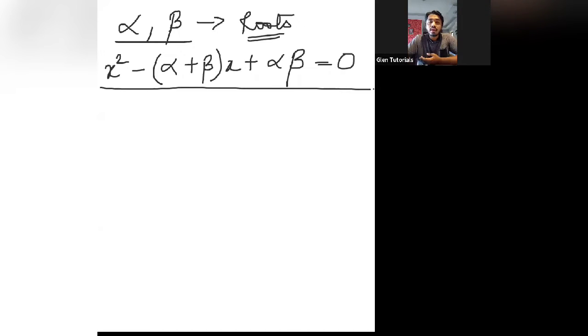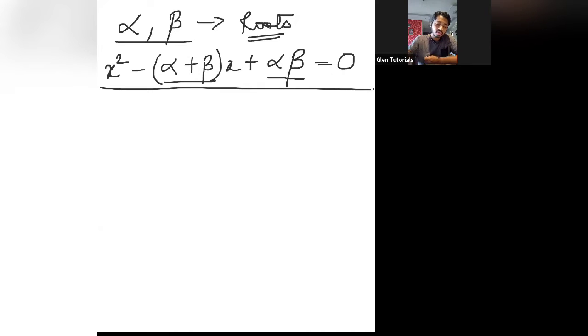If you have to find the equation from the roots, your general form is x square minus alpha plus beta x plus alpha beta. Now this is not something new that we are doing. What I told you all, we have two things to find. One will be two numbers which will multiply, and we should get the last term, or when we add or subtract, we should get the middle term. So this is the same thing. The last term is the product, and this is your sum. Okay, that is the only thing.